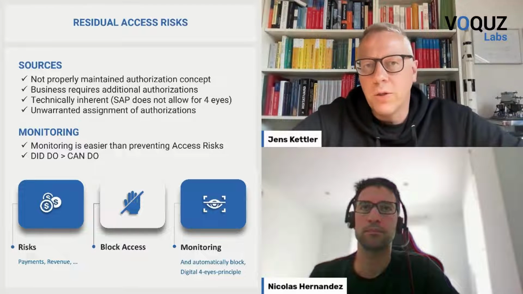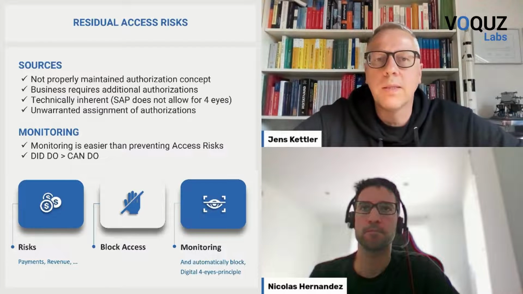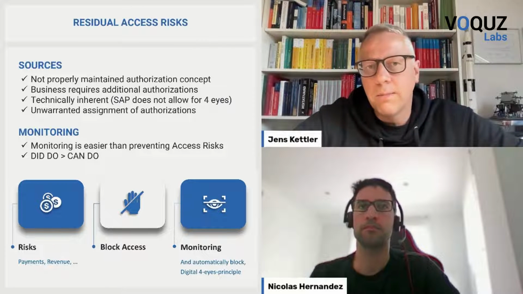Of course, monitoring is something that can only happen when something occurs. So that means we are looking at things that did happen, that somebody did do. We're not doing authorization analysis and looking at authorization objects and roles where we could detect what somebody can do. That's analyzing SAP authorizations, but we are monitoring user activity in the SAP system. And there's a very interesting